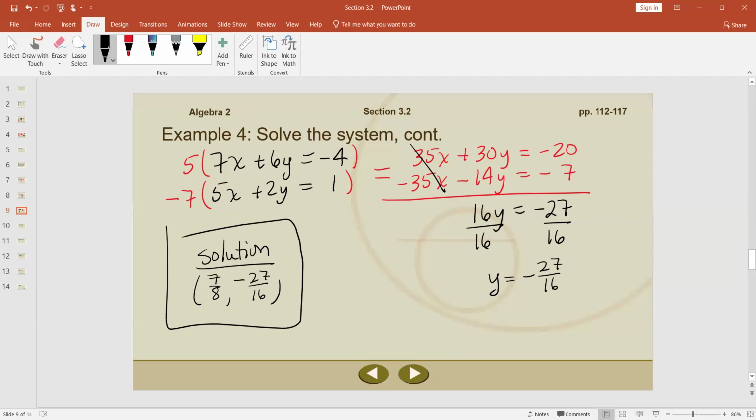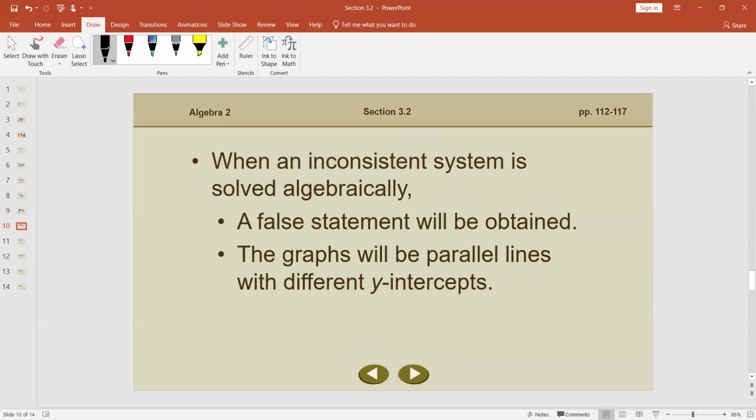So that's solving systems by elimination. The last part of this is all of the examples that we've had so far have been independent consistent. That means they're intersecting lines. They have one ordered pair that is their solution. So what do these